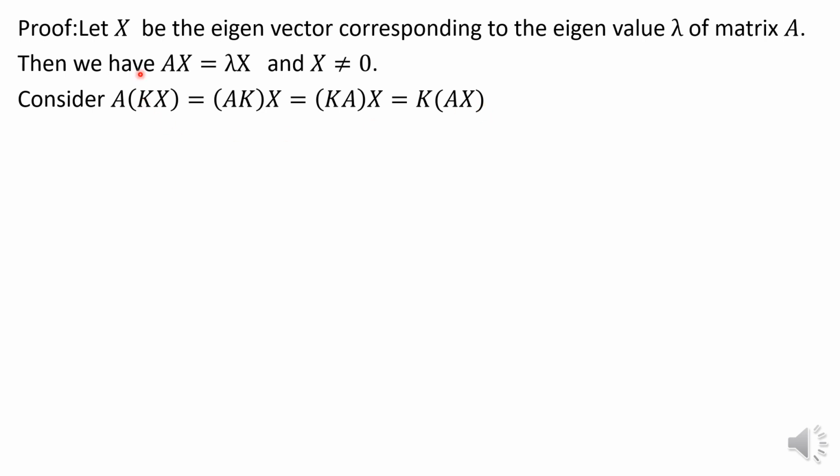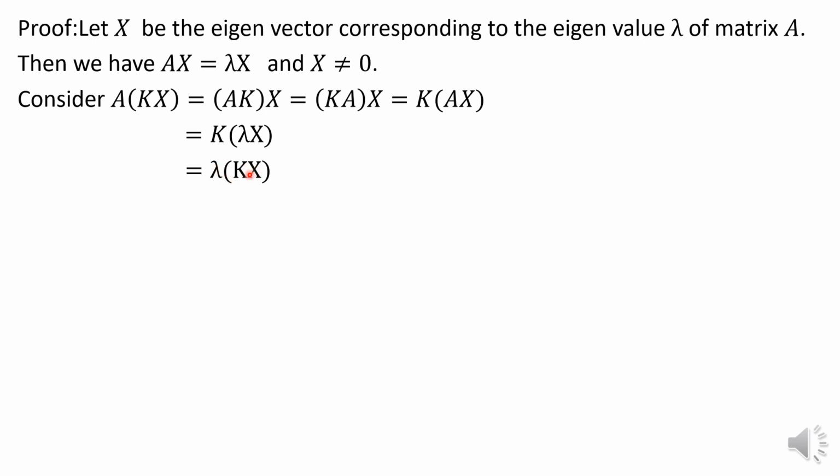Now in place of Ax, what can we write? We can write lambda x. That's what I have written here: k into, in place of Ax, lambda x. In the next step, we can interchange k and lambda. We combine k with lambda, then reverse k lambda as lambda into k, take lambda outside and combine k with x. So we get lambda into kx.